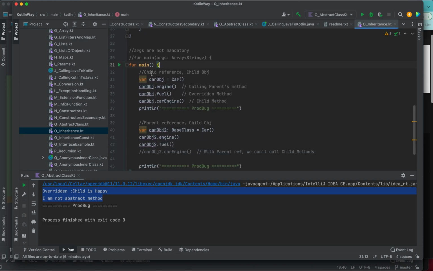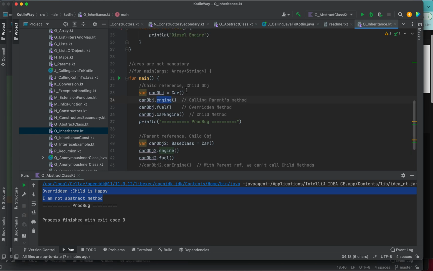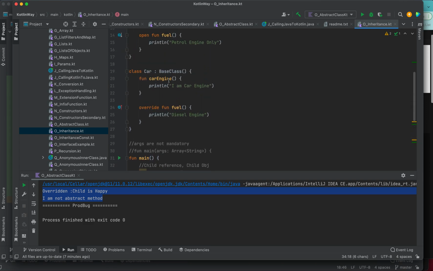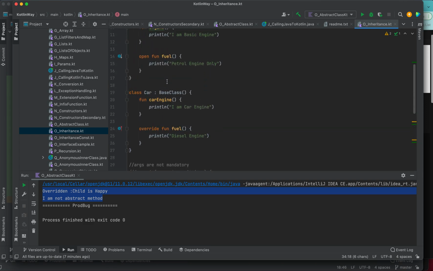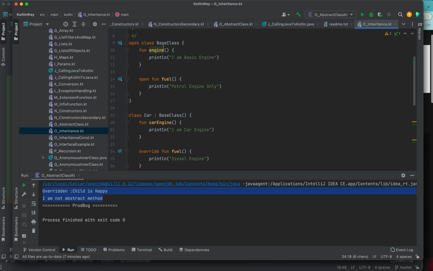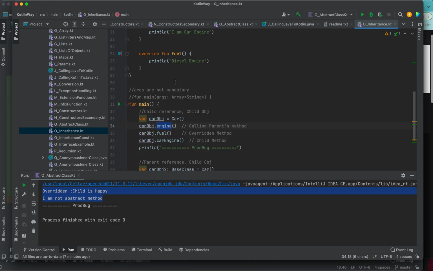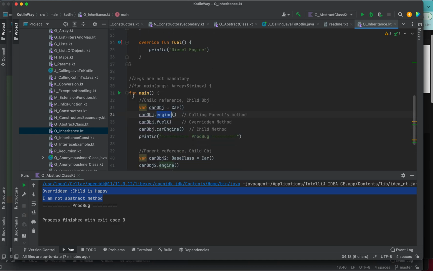So the first example is child reference and child object. We are creating a car object and initializing it with a car. So we have created a car object here. Now with the car object, what we are doing is car object dot engine. But car doesn't have any method called engine, so definitely it will go and look for the parent class engine. Yeah, engine is written here. Okay, let me run it so that it will be more clear